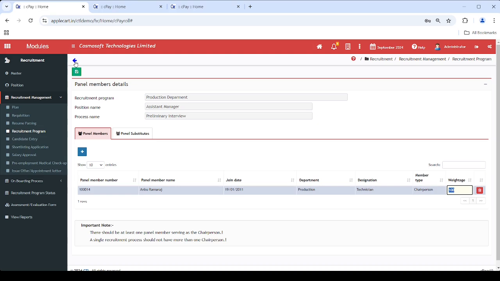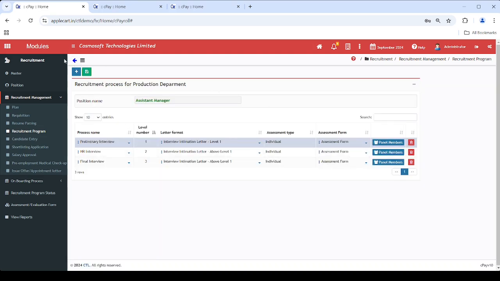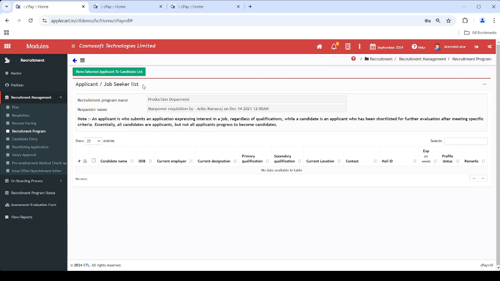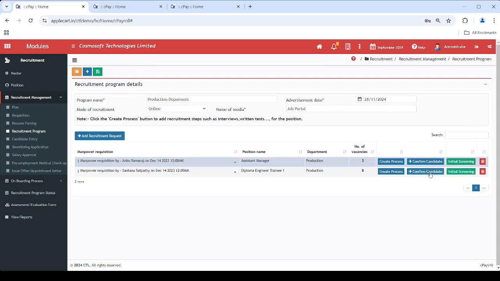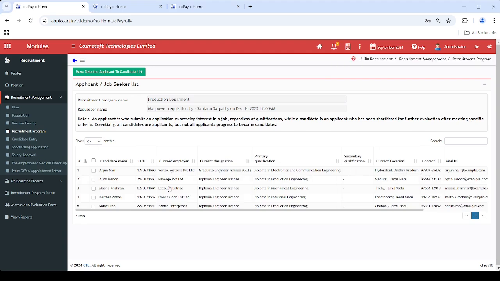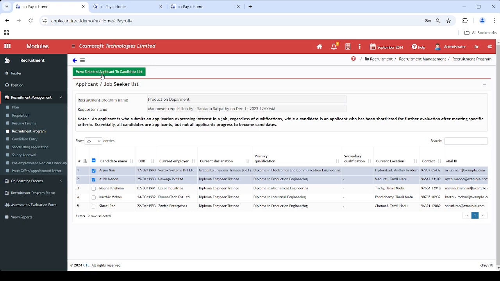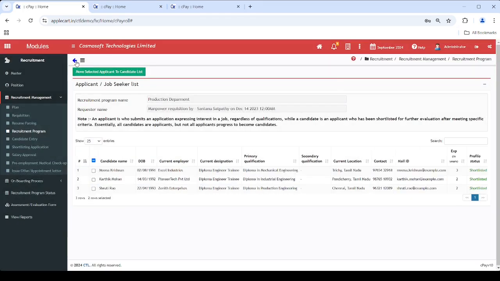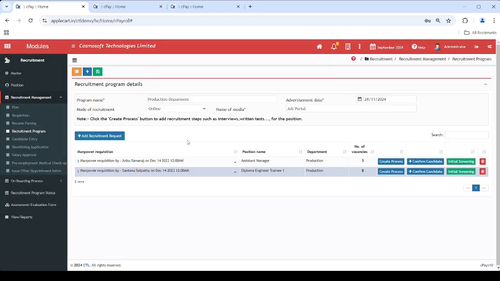Not all applicants selected through resume parsing may attend the selection process. The HR team should reach out to applicants to reconfirm their attendance. If an applicant confirms their participation, select their name from the list and proceed to the next steps in the process. Click the Confirm Applicant button to move the applicant to the candidate list. Only these confirmed candidates will move on to the first level of the selection process.